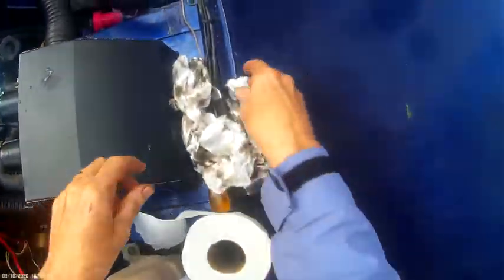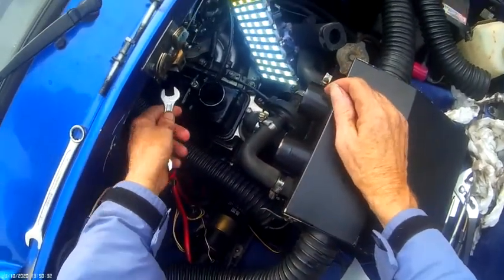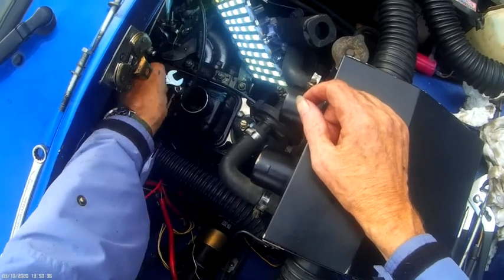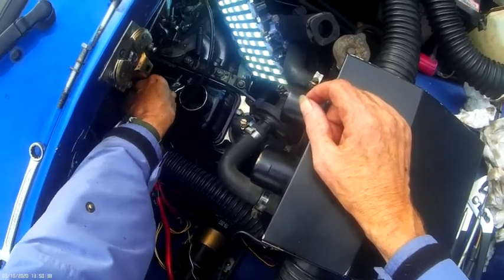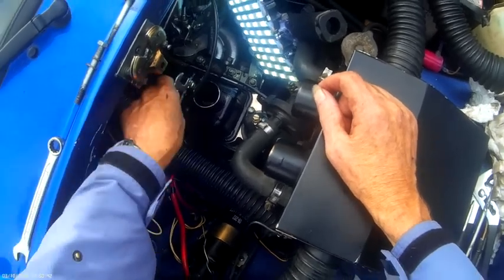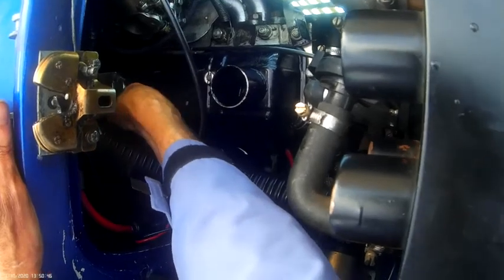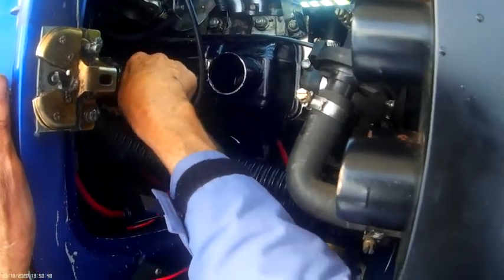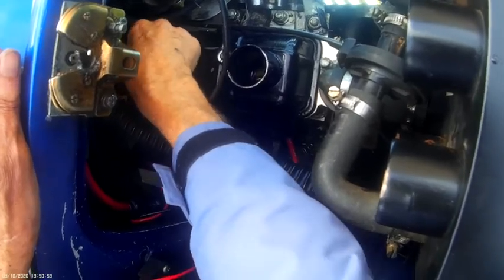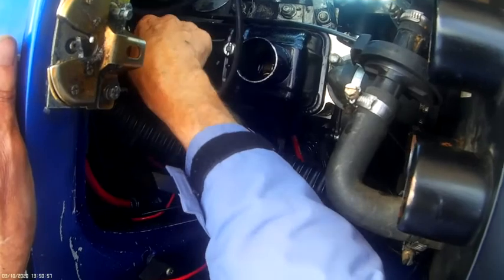Right, so then get your 13mm, and just give it a tweak up. Same with the back one. Now one thing I've noticed that I've done, which I should show you in just a moment,